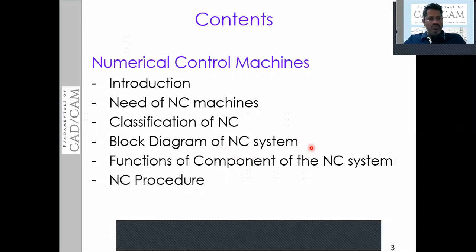Then we will move forward to discuss the functions of components of the NC system. What are the components involved in NC system? We will see all the components of NC system along with the block diagram. Before that, we will classify NC, numerical control machines. Finally, we will see the procedure of the numerical control.